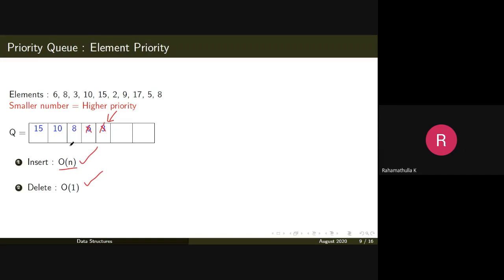Then the element that gets deleted will again be based on its priority. All the elements from the second queue will be considered only after deleting all the elements from the first queue, and the elements from the third queue will be considered only after deleting all the elements from the first and second queue. That is with the limited set of priority values.